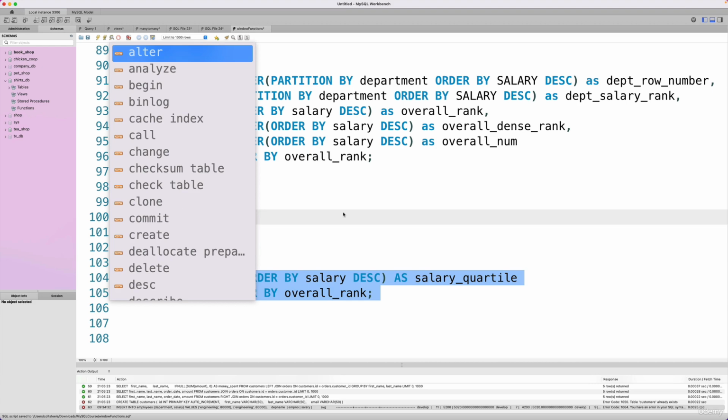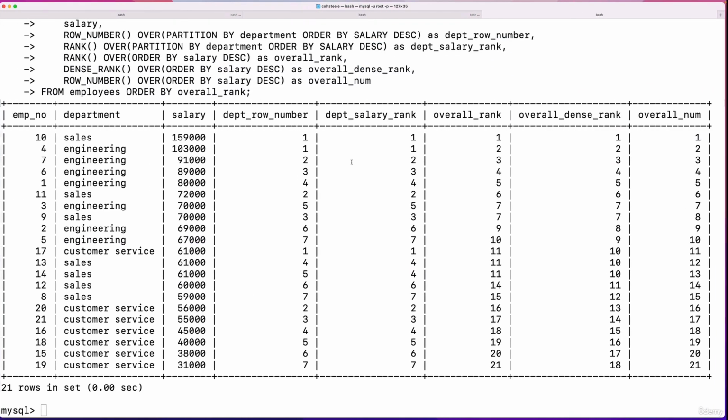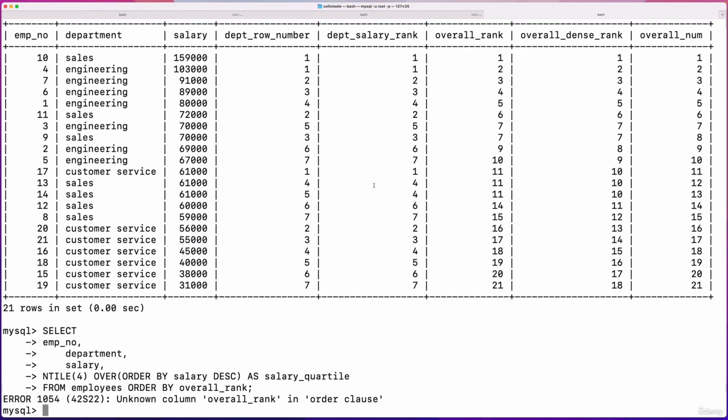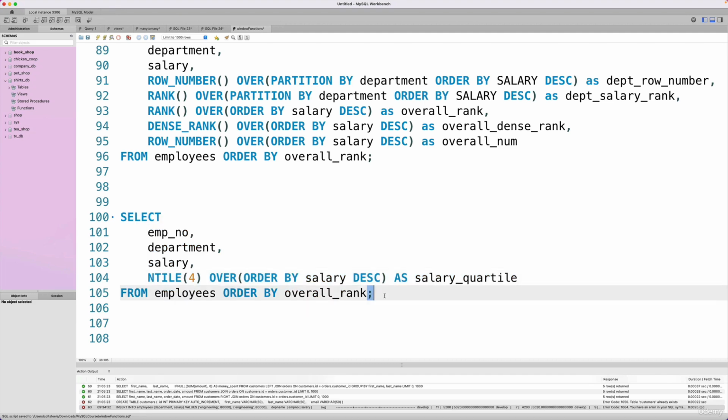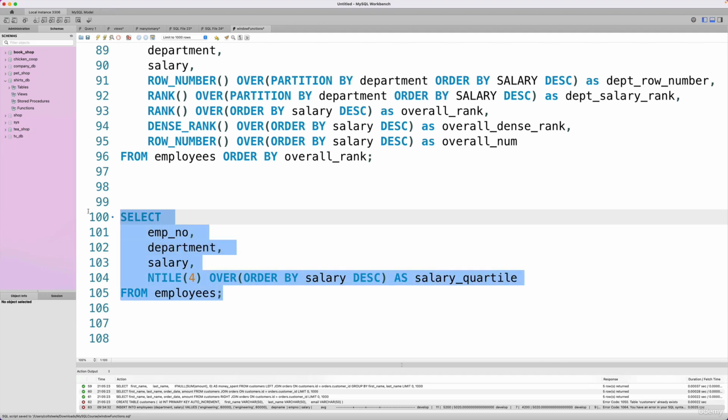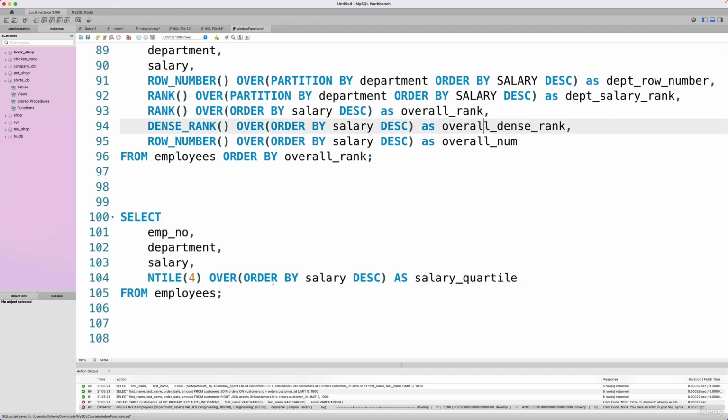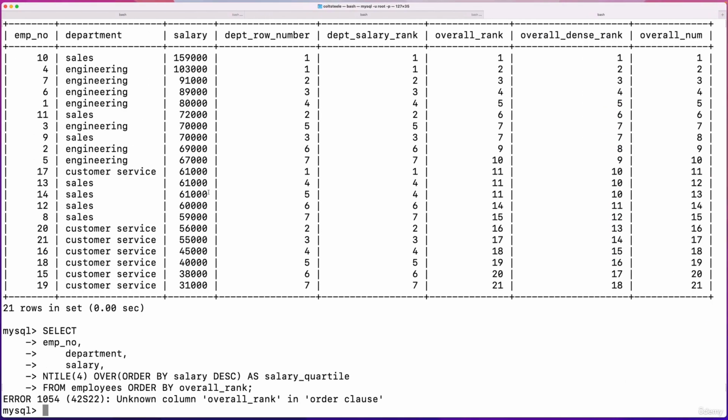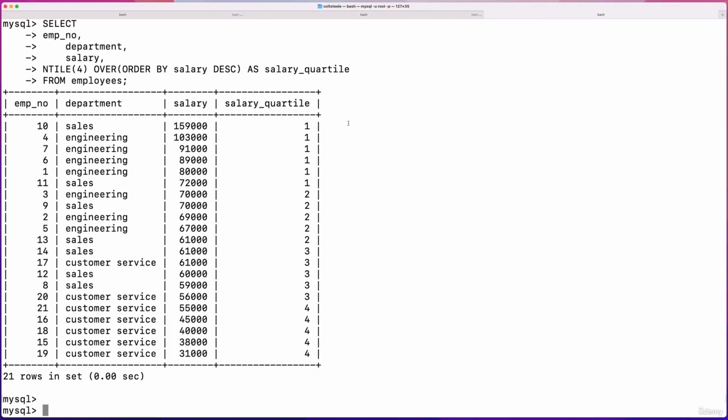Okay, let's run this. What is it complaining about? Oh, duh, I'm ordering by overall rank, and I can't do that because I got rid of that column I was ordering by. Try it again. Okay, so you'll see on the right side, we have salary quartile that shows us